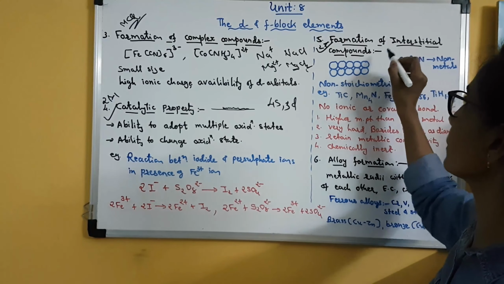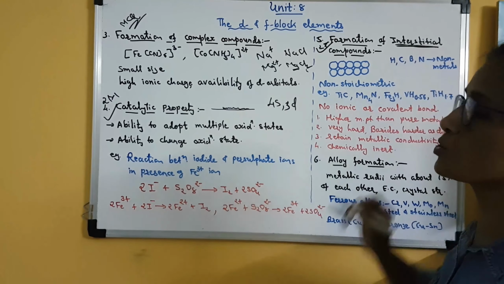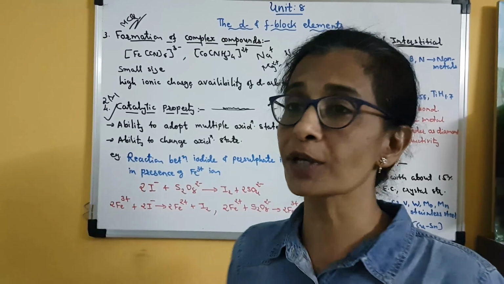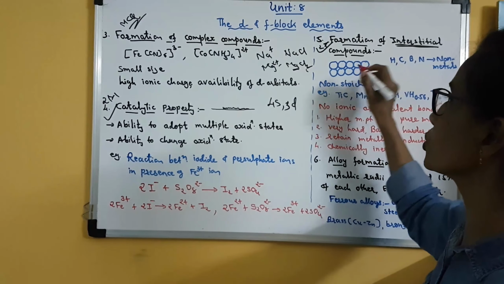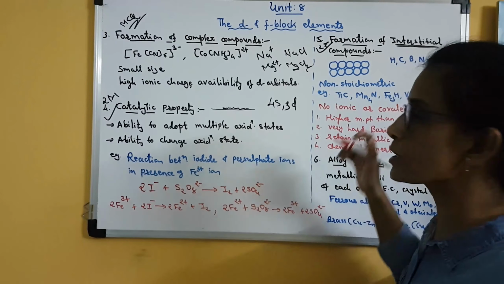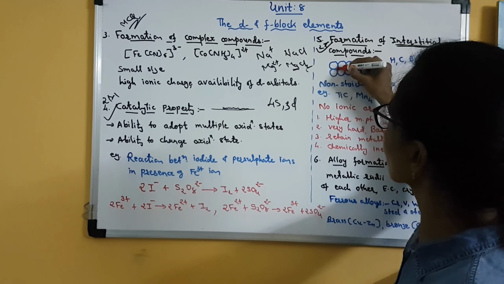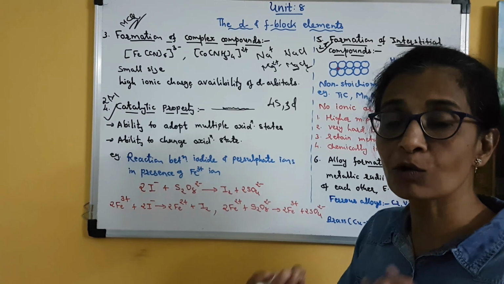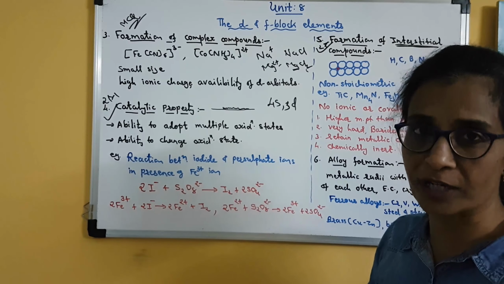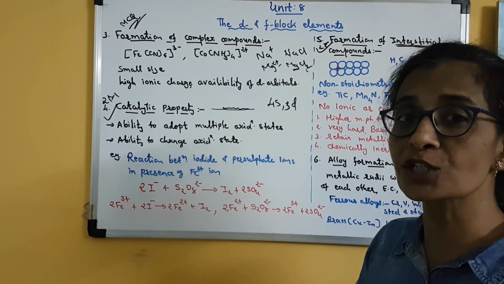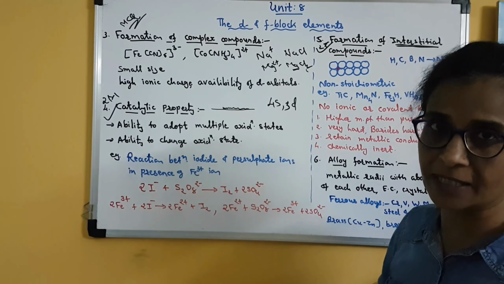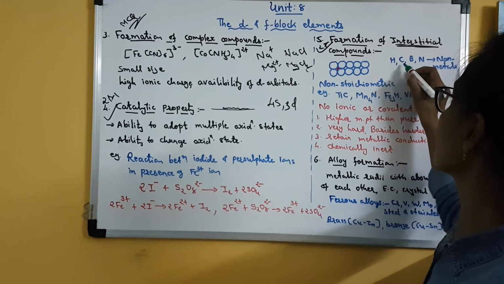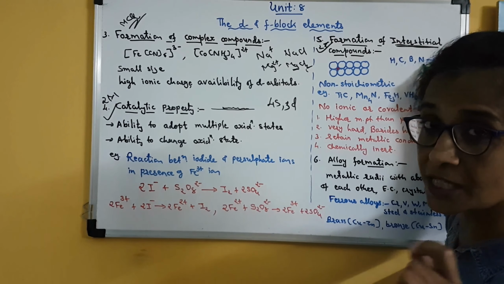Now interstitial compounds. So first we need to understand what is meant by interstitial. Now transition elements are metals. Clear? So in metals there is a close packed arrangement of the atoms. But during this close packed arrangement, you can see this type of interstitial spaces are left vacant. These are called voids, or vacancies. They are interstitial voids or interstitial vacancies or interstitial holes. Now these are very small in size. Clear? So a very small non-metallic element like hydrogen, carbon, boron or nitrogen,